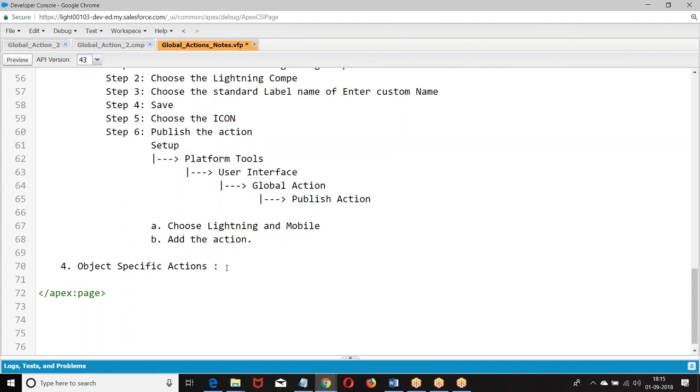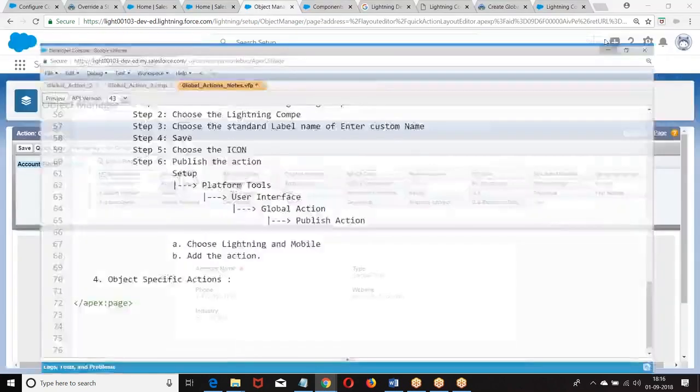If you want to create any new button or override any existing functionality, I can do it with a Visualforce page or a JavaScript. Overriding the standard functionality or building custom functionalities on the standard page is the concept. When I say object specific action, the same concept is available in Visualforce in the form of extensions. Let me first give you that information, then I'll come back to this.